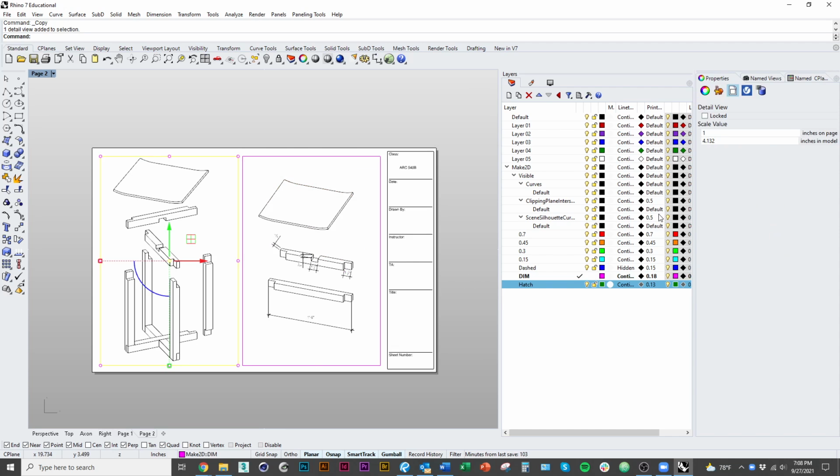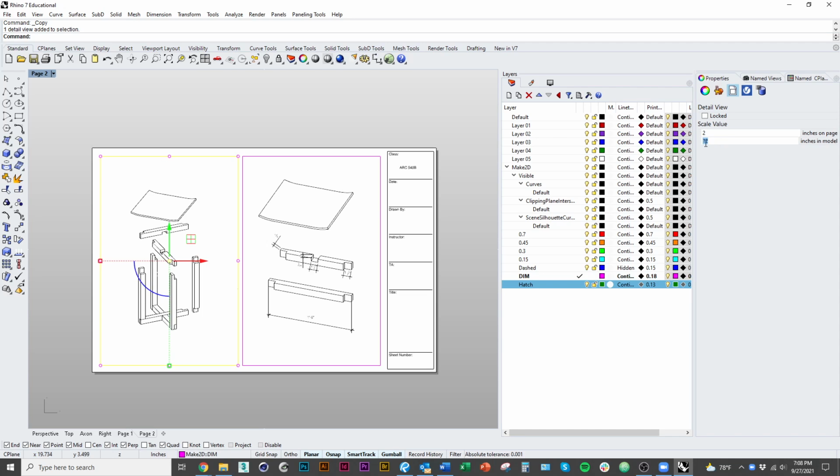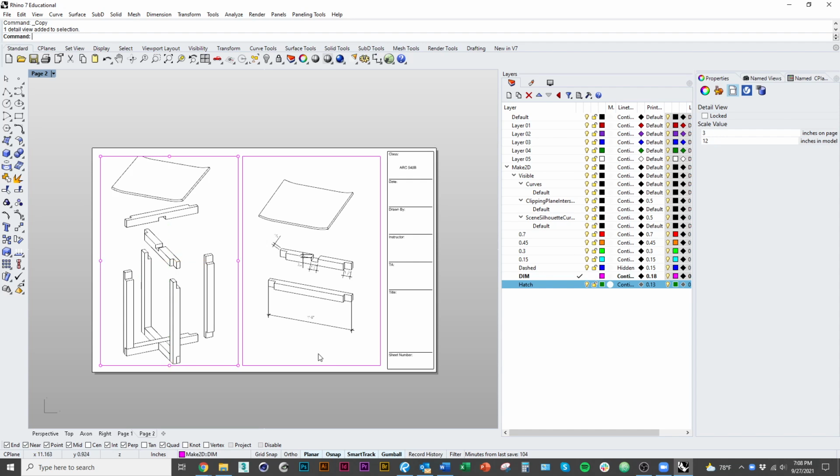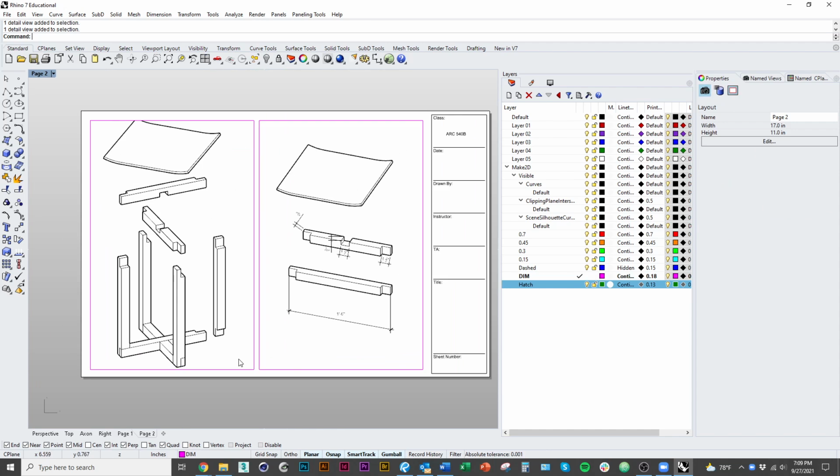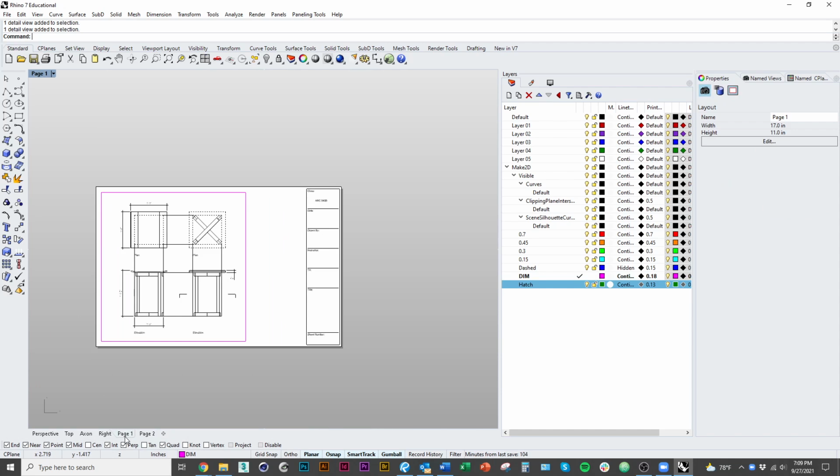So we might make this a certain scale. Let's try 3 inches equals a foot. It'll do 2 inches. Do 3. This might be a little bigger. That's the same. Okay. So then, oh yeah, I forgot to mention, we would also want to label the scale